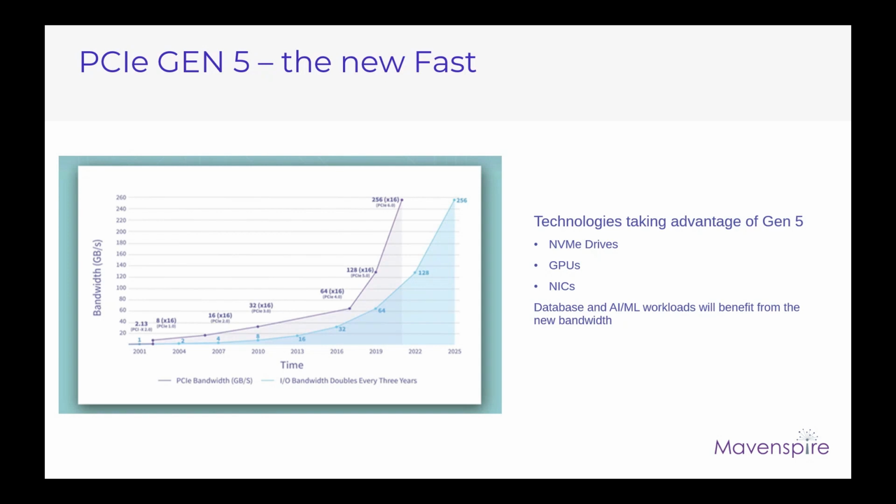Yeah, and obviously that's something that we here at Mavenspire look at and focus on anytime we're trying to help you get to an outcome and actually deploy this in your data center. We're going to look very closely at and understand exactly what it is that you're trying to get to and what you're trying to achieve, and making sure that, again, going back to the example of